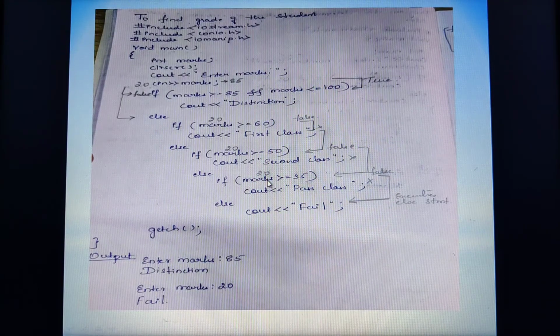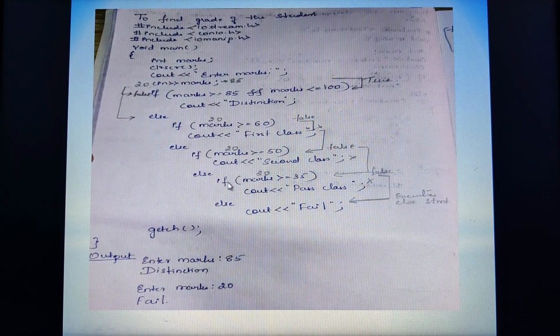Understood? If I had given the marks as 36, 36 is greater than or equal to 35, here the condition would be satisfied. Therefore, I would have printed the true part of that statement as pass class. But here my marks is 20. 20 is greater than or equal to 35, the condition is false.